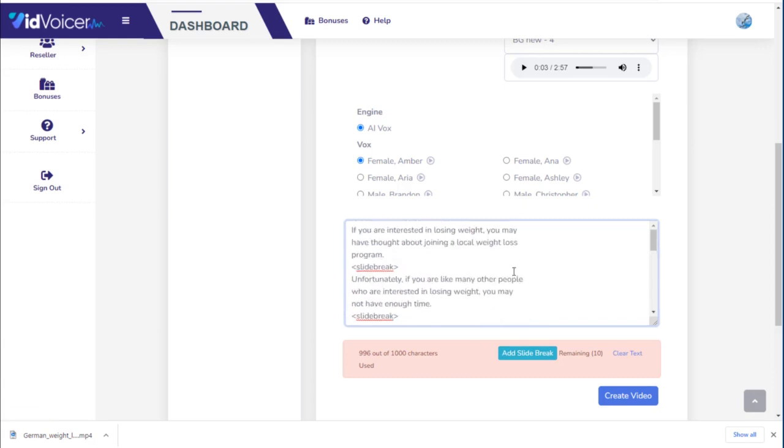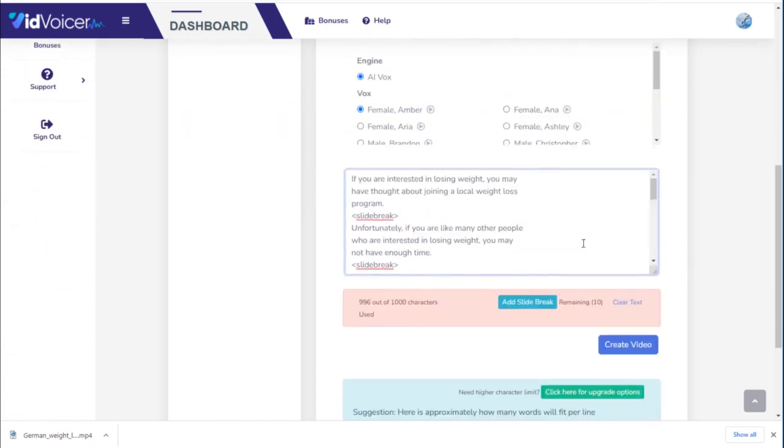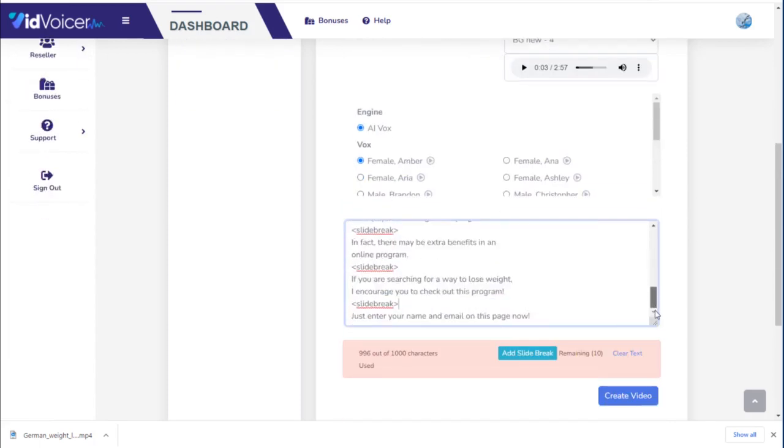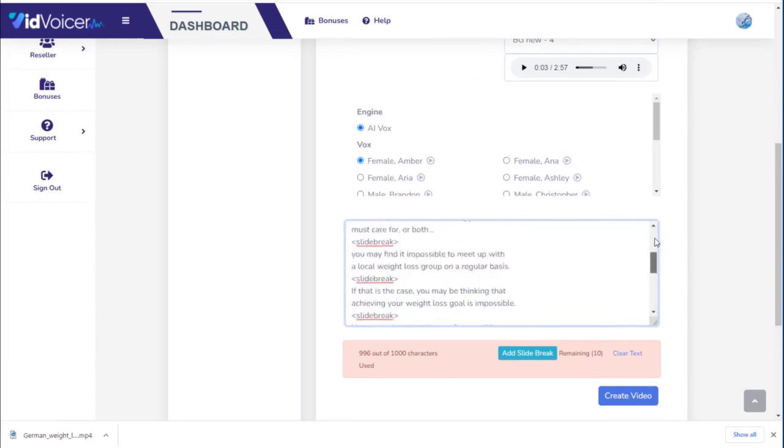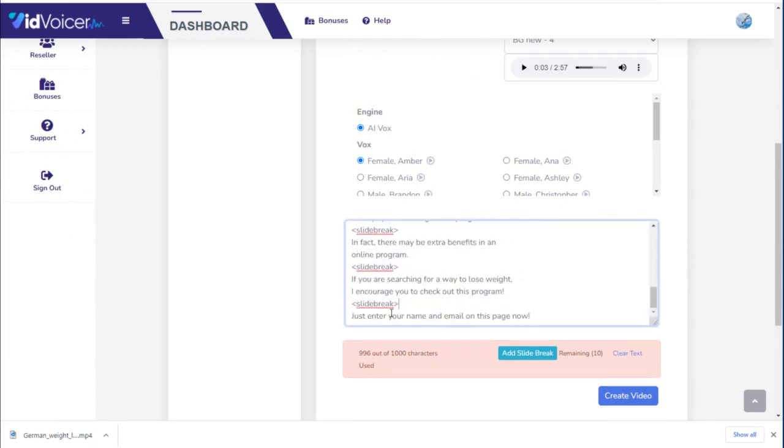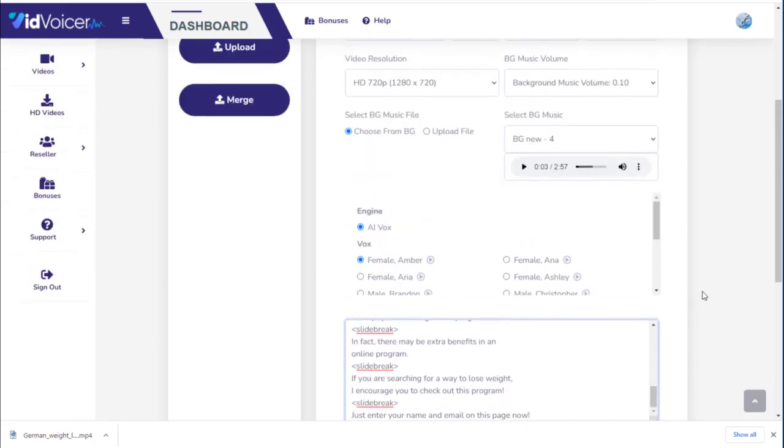And you're going to see exactly what's going to happen. This is the coolest thing. It's instant whiteboard video. So I just put this script in here. Basically, you could write any script, but I just based it on a PLR thing. And then the very last line says, just enter your name and email on this page now. So that'll fit perfectly